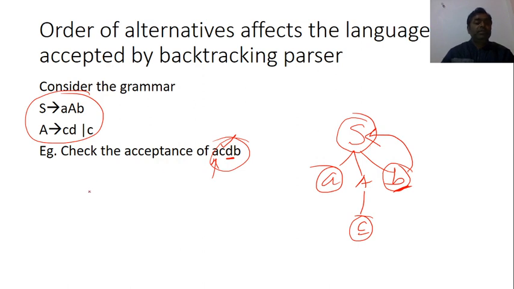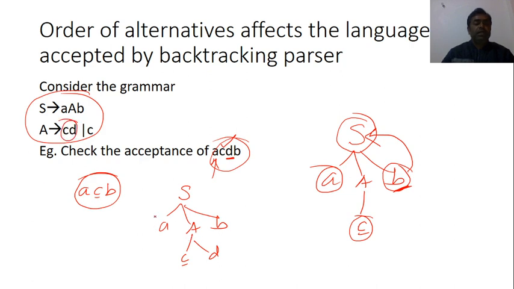Now I am just taking another case that can be resolved here. If the string is ACB, which I have to check is accepted or not. If I have used first S derives AAB, then in place of A I have written here CD, because I have used this production, A derives CD. Now A is correct, C is correct, yes. Here it should be B. So I am getting an error.